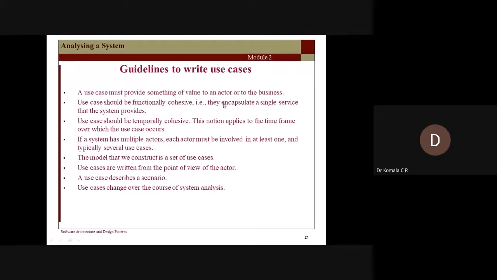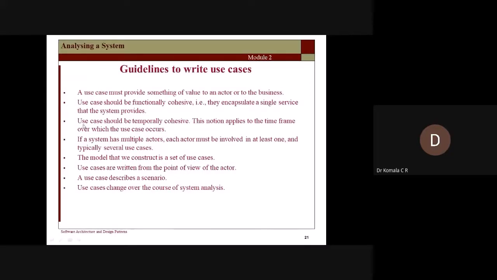That means they encapsulate a single service that the system provides. You have several modules in a system, and each module will have several elements within it. So how these elements work together and function so that you complete the process. That means you have encapsulated all the elements, all the objects, into a single module. That is called cohesion. That is to be done. That means who are all the participants, the librarian or a clerk or a member, a particular example I am talking about, and the system, how all these are going to work together to perform all those use cases.